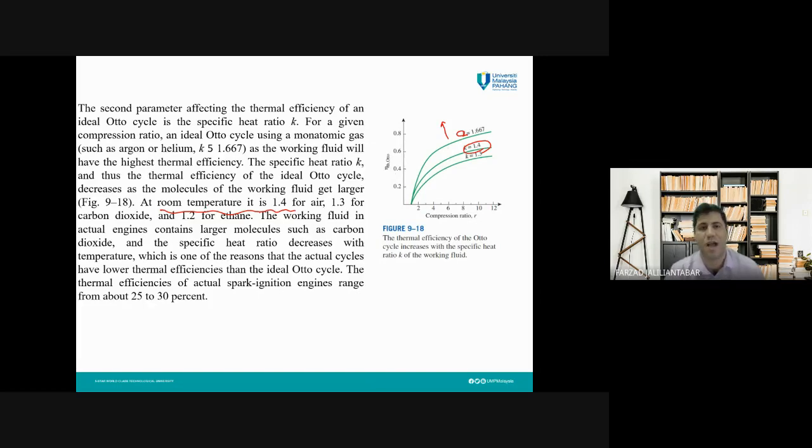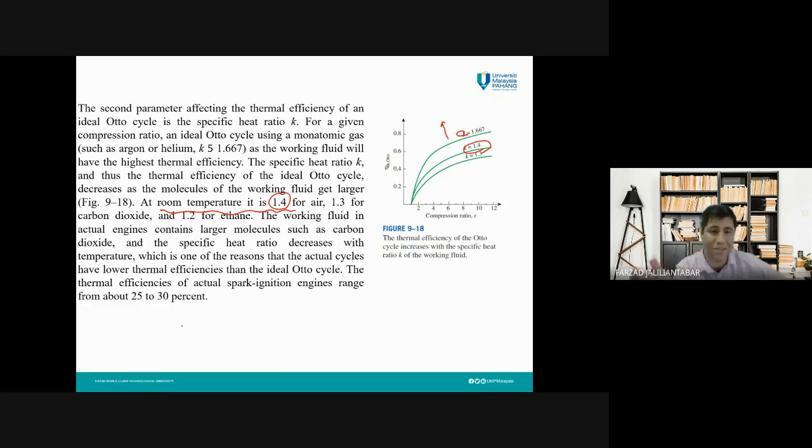and the specific heat of the air depends on the temperature of the surrounding. So usually K will be 1.4 for different types of engines. This is another limitation, or another property, which we usually have. In many examples, we just use K equal to 1.4 in this equation to calculate the efficiency of the Otto cycle. So now you can see how we can calculate the thermal efficiency of the Otto cycle for a gasoline engine